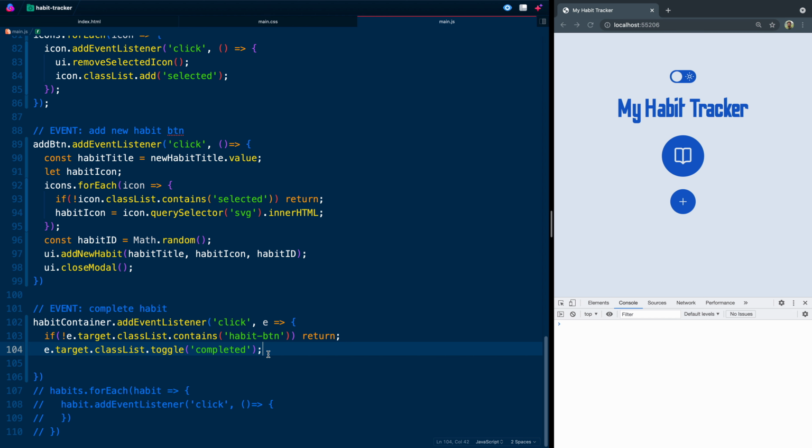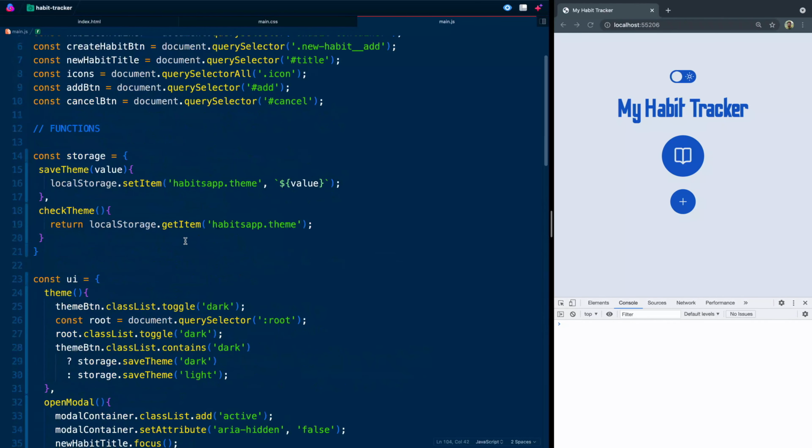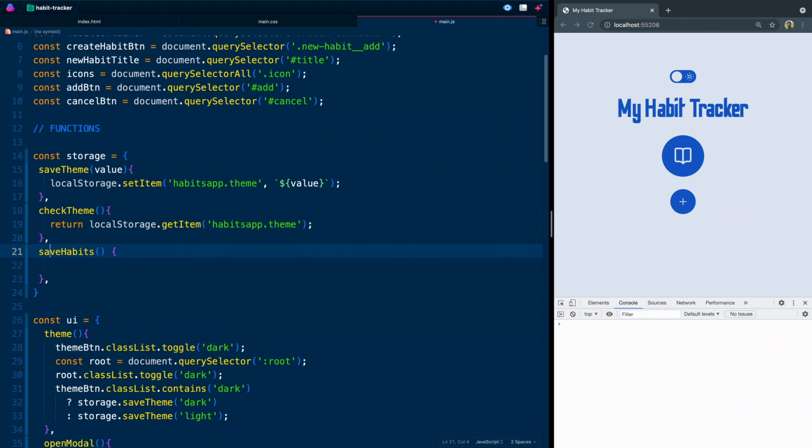Now the next thing we need to do is to save our habit. So we're going to come up here into our save area. We've saved our theme, we've checked our theme. Now let's go ahead and save habits. Now this is going to take in some value, so some item that we're going to pass it. It'll actually be an object, so we're going to pass it an object with all of the data we need